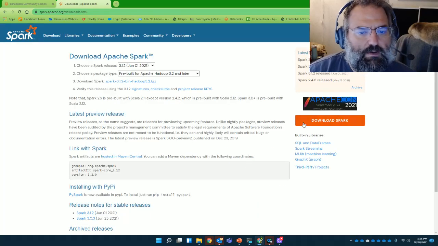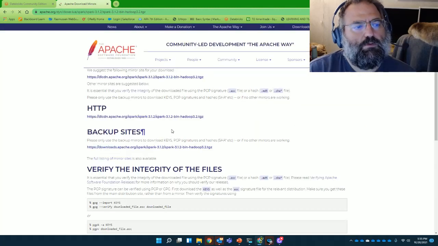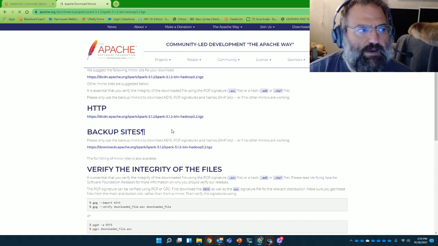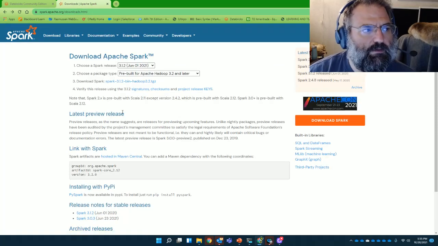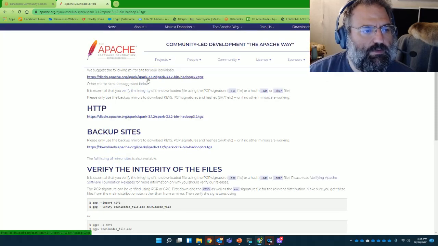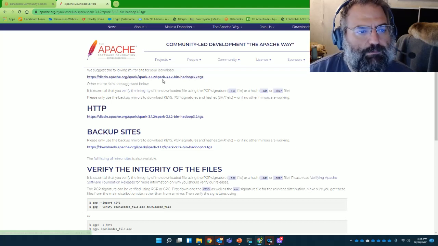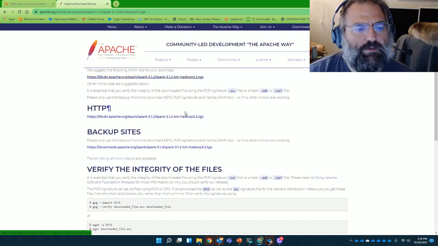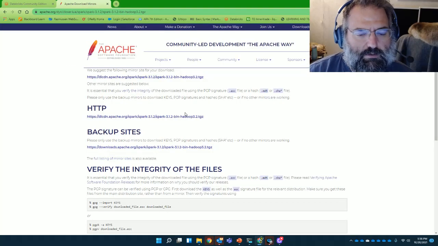That's here. So we want to download Spark, or you can click on this right here, and it'll take you to a mirror. So you don't actually download it from the place itself. You're going to this place with a link to somebody that's kind enough to mirror the official distribution. What you want to do is copy that link address into your clipboard,